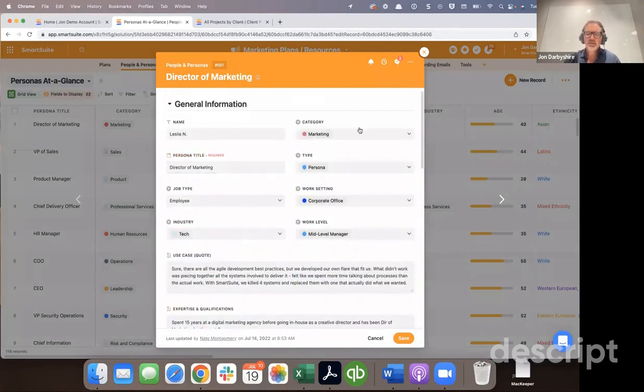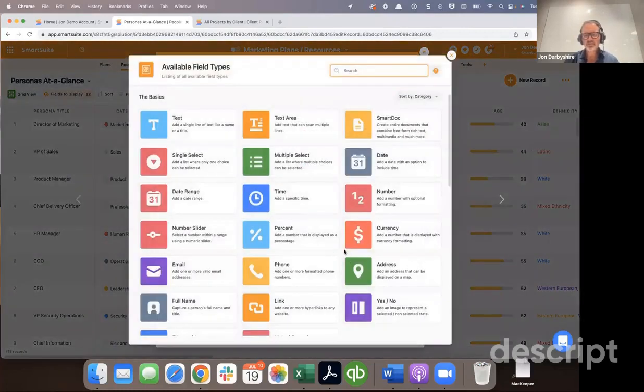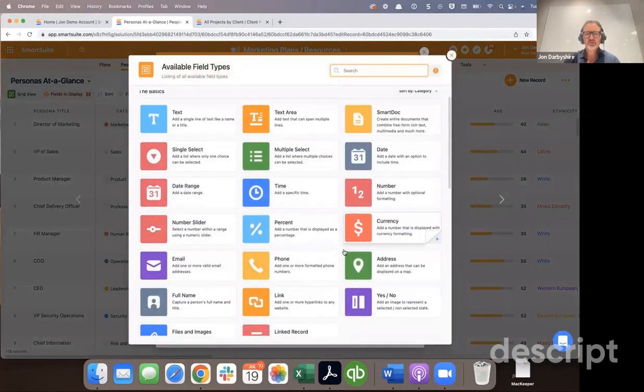If you had a new field of information that you wanted to add, a number of ways you can do that. You can just click right here on an action menu for any field type. I could say add new field, brings up a listing of all the field types that you could use. If you're a more experienced user, you'll just pick a field and start adding the information. If you're just getting started, you can click on explore field types, and we'll show you a listing of each